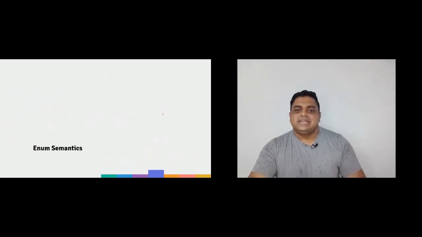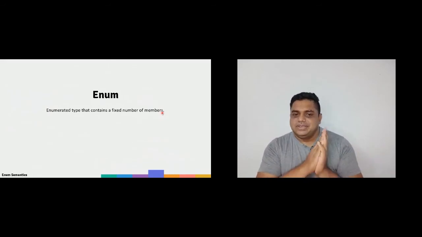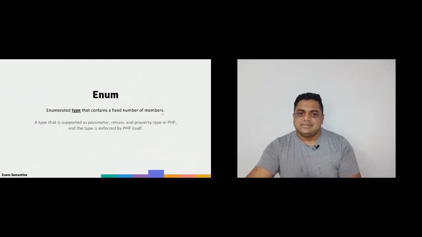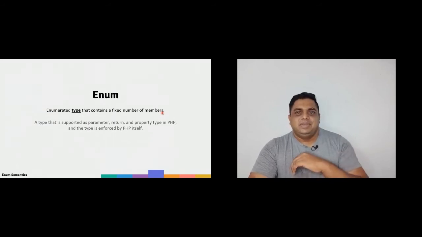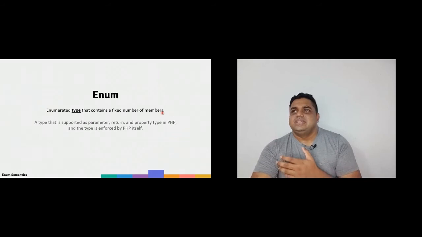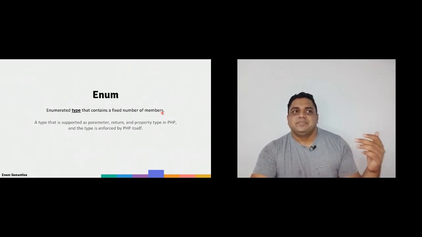We will also take a look at some of the semantics of enums, basically the idea behind enums. So like I said before, enums are a type. So we can use them anywhere that you use a type. It can be a parameter, it can be the return type, it can be a property or anything. It works as a type. And PHP will throw type errors if we try to pass an invalid member to this function or the property.